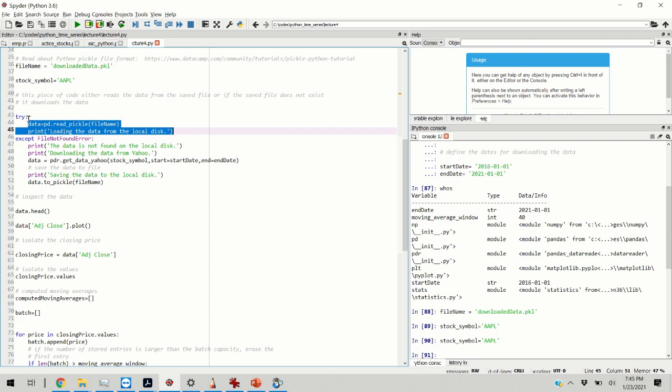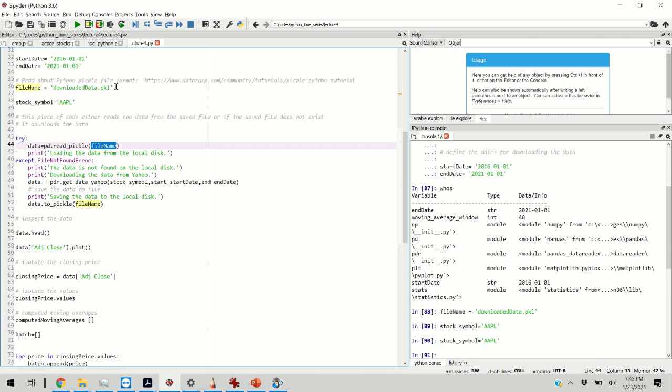So I'm going to type try, and I'm going to execute this code line, data pd read pickle, from the file name, where the file name is given over here. So if the data is saved to your local computer, then this block will be executed. However, if this function returns you an error or an exception, then this code block over here will be